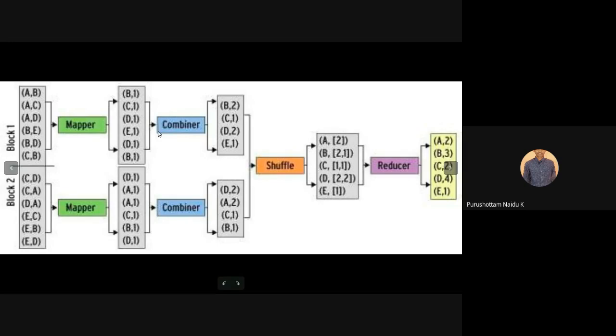Here one more key point: at each and every mapper one combiner is executed. However many mappers we have, the same number of combiners is executed by Hadoop itself. Just remember this point. If you have 2 mappers, we have 2 combiners; Hadoop automatically assigns 2 combiners. 3 mappers, 3 combiners. 4 mappers, 4 combiners. At each and every mapper one combiner is executed, as a mini reducer.